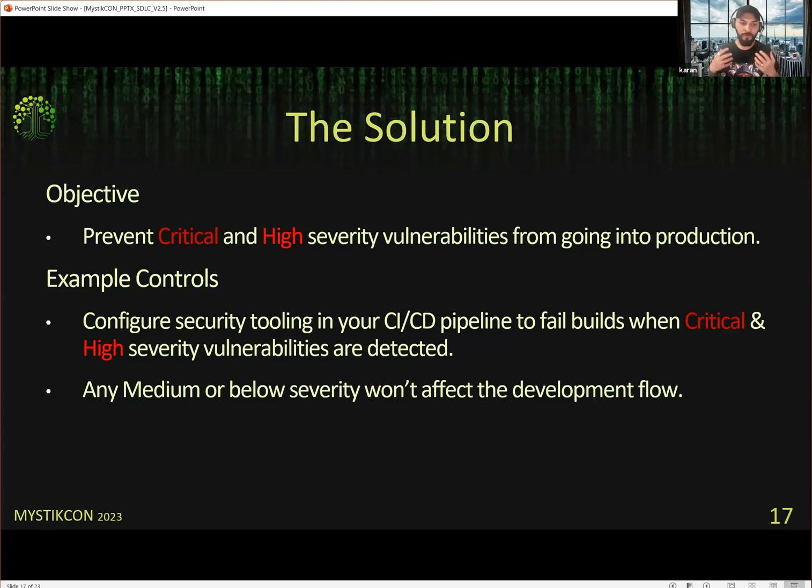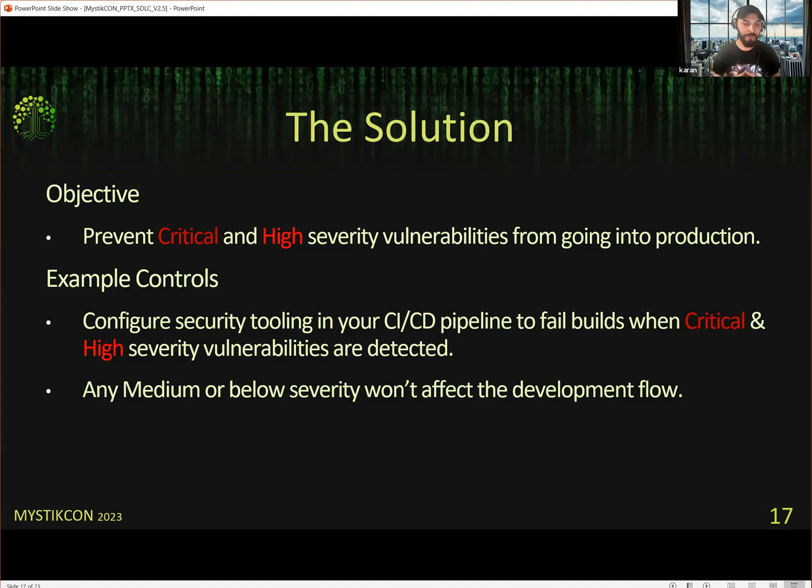So therefore, you are still achieving the objective that you've defined, right? But at the same time, we as security teams are not sitting there reviewing each and every release, each and every build that is being built through that CI/CD pipeline. We have created such a methodology, and we have enabled security tooling as part of our CI/CD. However, we are not clicking through and manually identifying vulnerabilities. Our tooling is doing that for us. And that's why it is super important that security guardrails are automated.